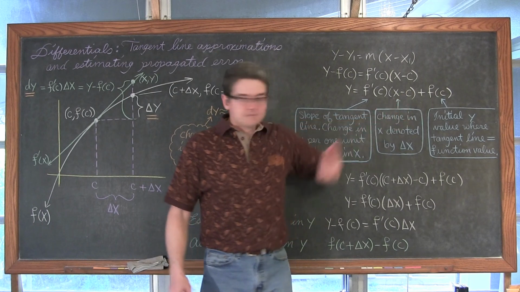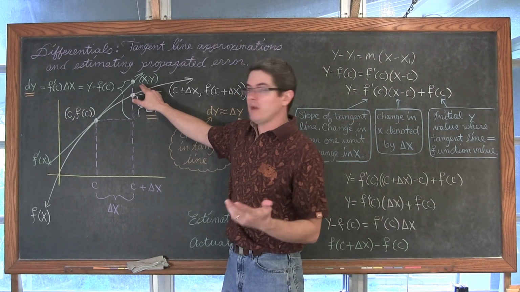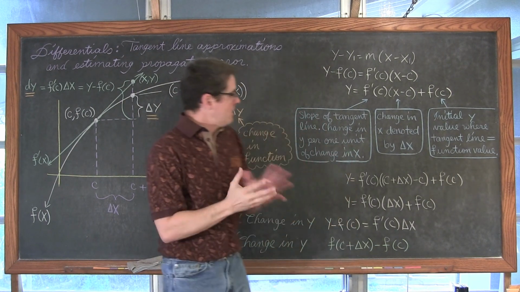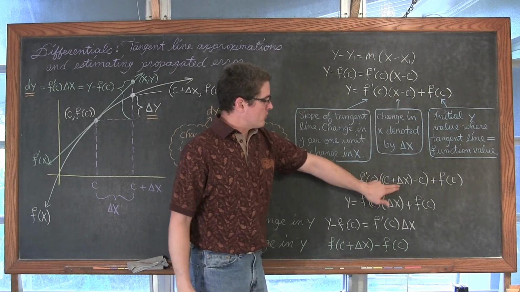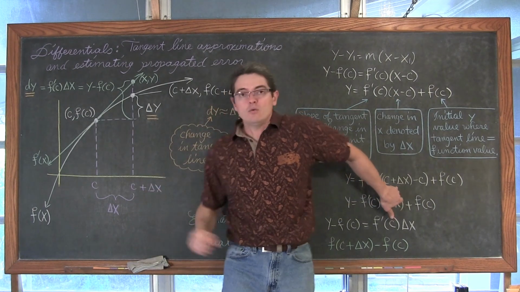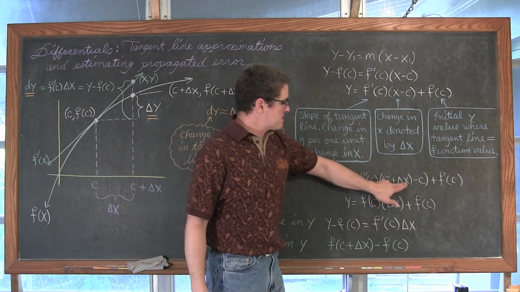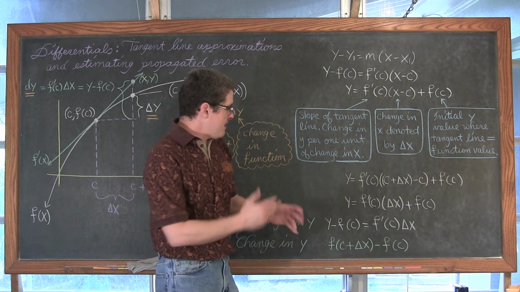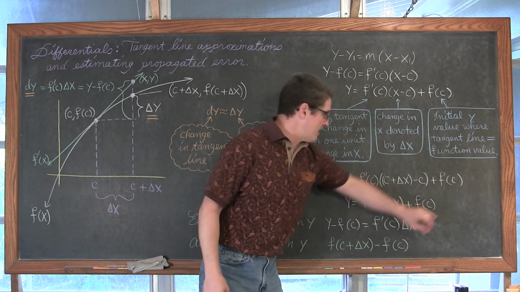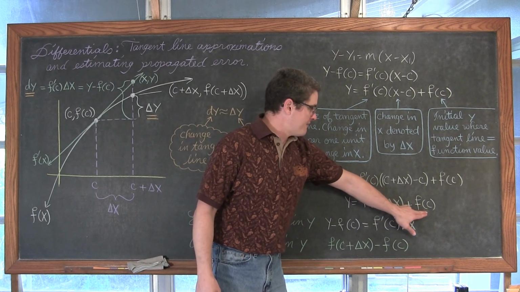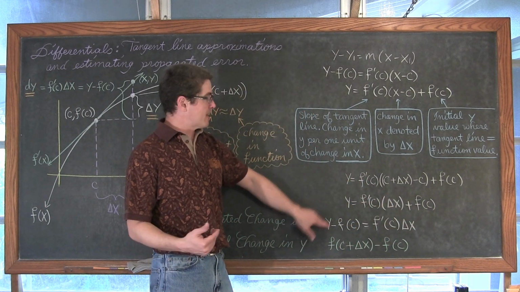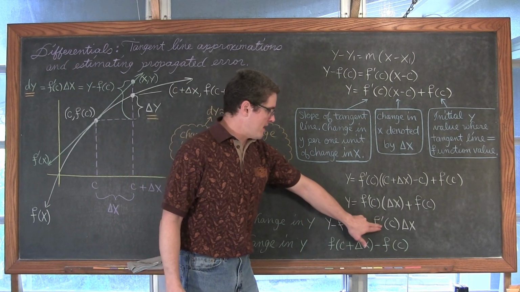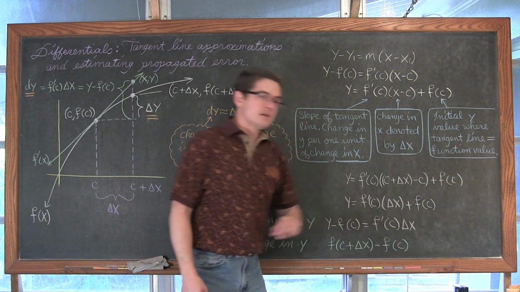Getting back to why I went ahead and just called this point x, y instead of using the initial coordinate of c plus delta x. Well, if that's bothering you a little bit, let's take that x out and replace it with that value of x we have here, and c plus delta x minus c comes out to be delta x. Now, if I take y equals mx plus b, and I take f of c and subtract it over to the other side like I had initially, I want you to see what's going on here. y minus f of c is equal to f prime of c times delta x.